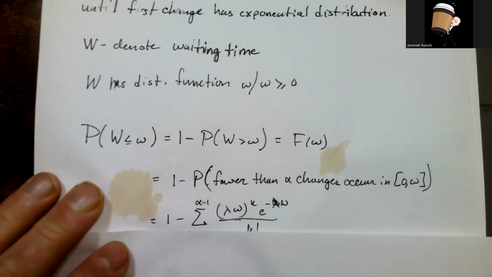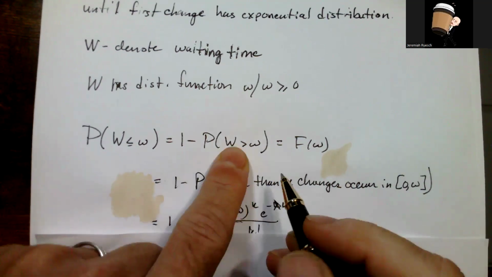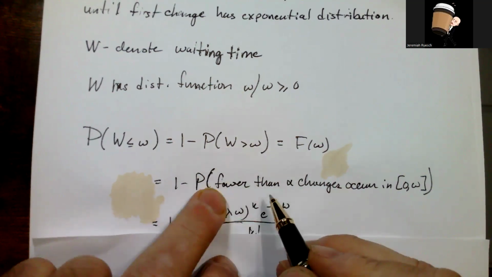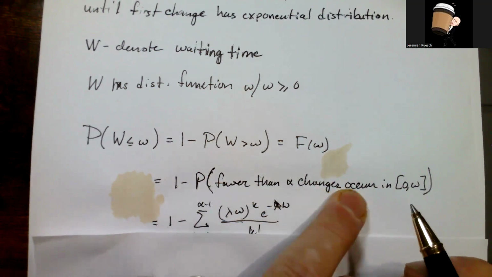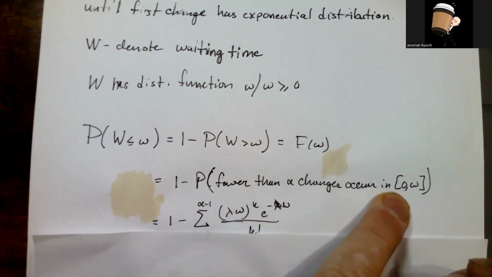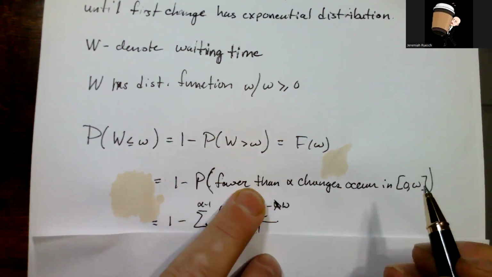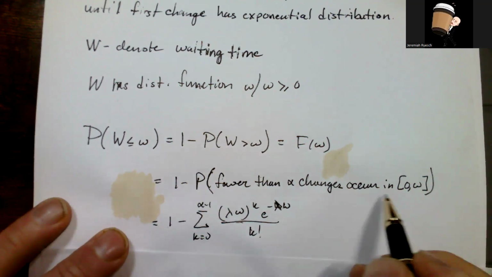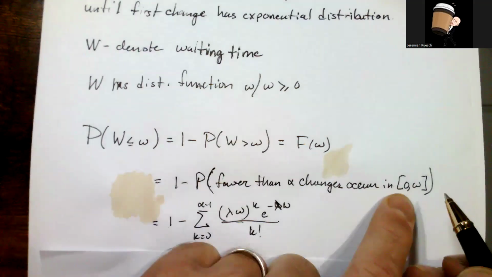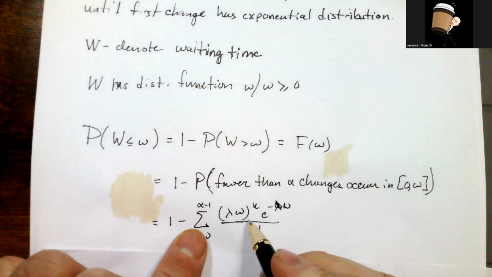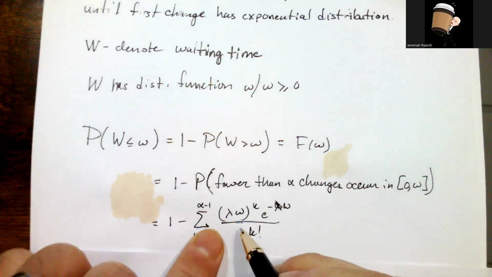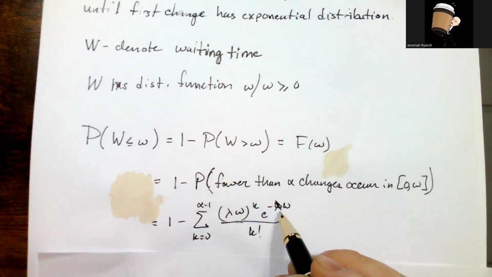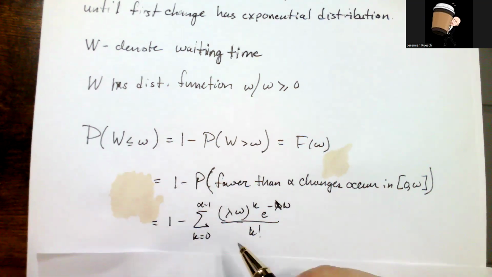Okay. So we have 1 minus P. And so what is this? P of W greater than W refers to the fewer. This is 1 minus when the number of alpha have occurred and is fewer than that value on 0 to W. Okay. So we have the number of changes that we're counting, which is alpha, is less than that number on the interval from 0 to W. Okay. And we saw that this value is expressed counting the errors from the exponential as lambda W to the K, e to the negative lambda W over K factorial, and we're summing over the results, of